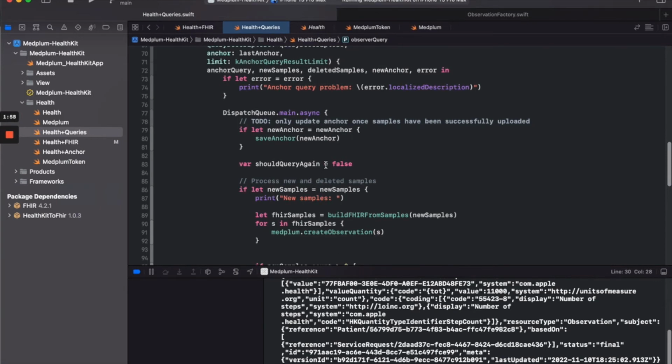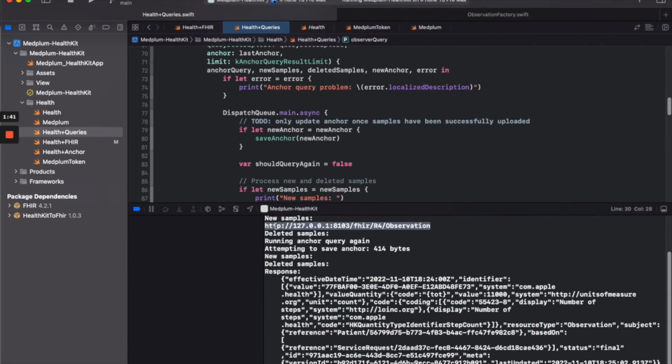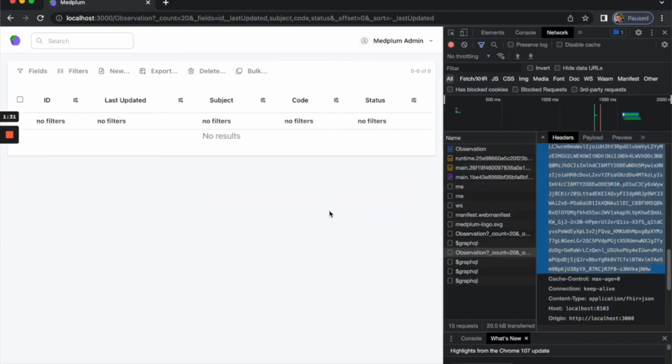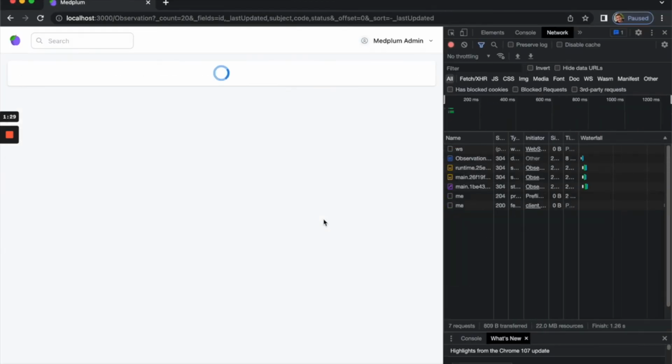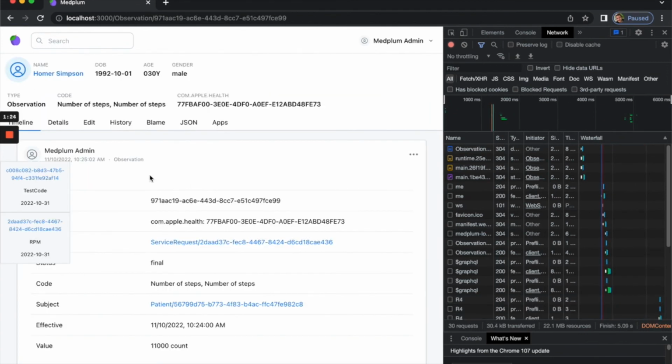So what has happened here is it's kicked off these queries, it's found the first step count sample that we added in. It went ahead and formatted that into the FHIR JSON format, and then it sent that up as a post call to our localhost observation endpoint here. So to make sure this works, what I'll do is I'm going to switch back to Medplum, and I'm just going to refresh the observation section, and you can see that we have our observation that came in from HealthKit